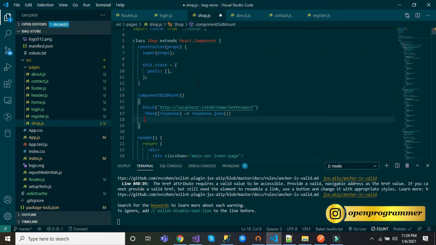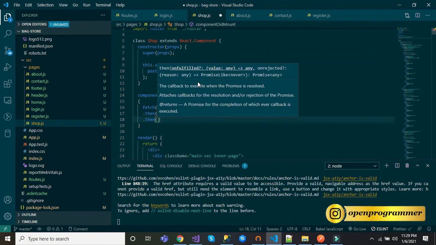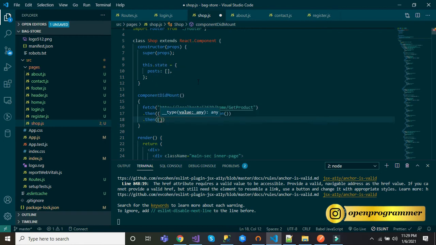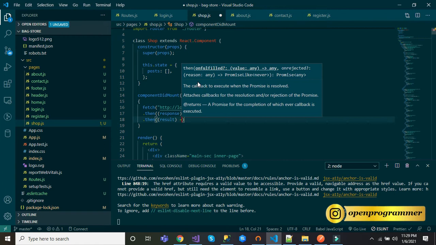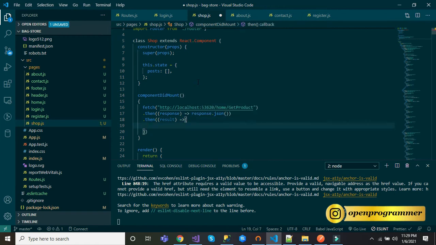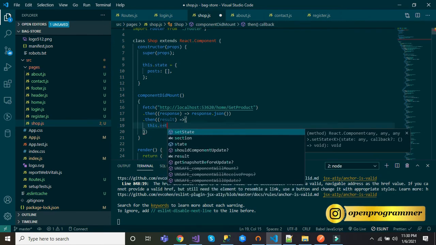And in case of any error, we will use the error part. But for now, if we get this result successfully, then we will set the state. For this we will use this.setState.